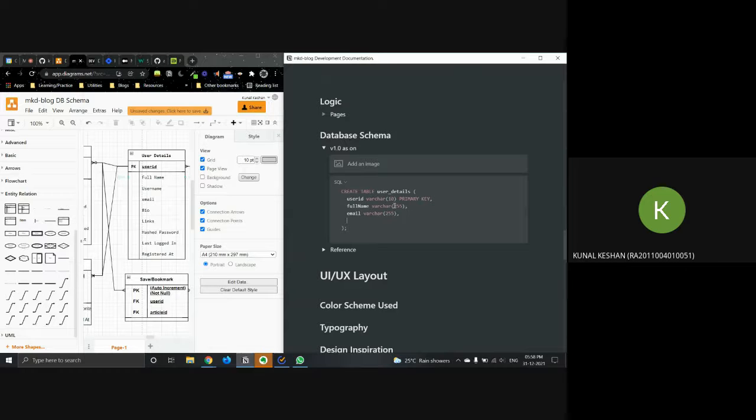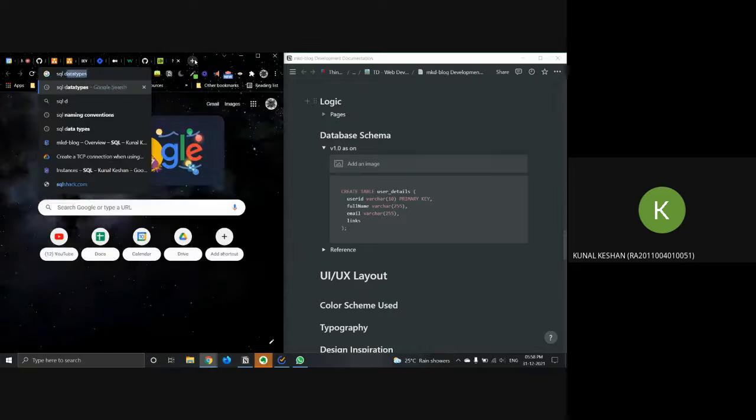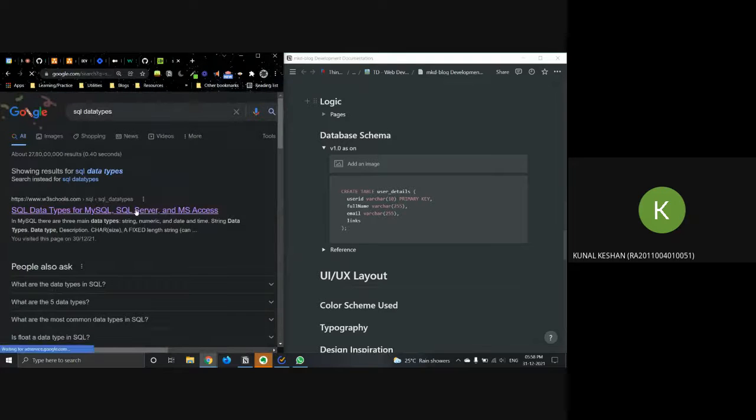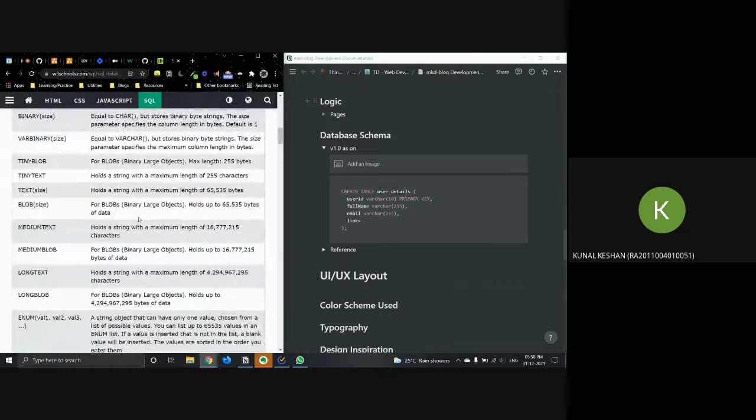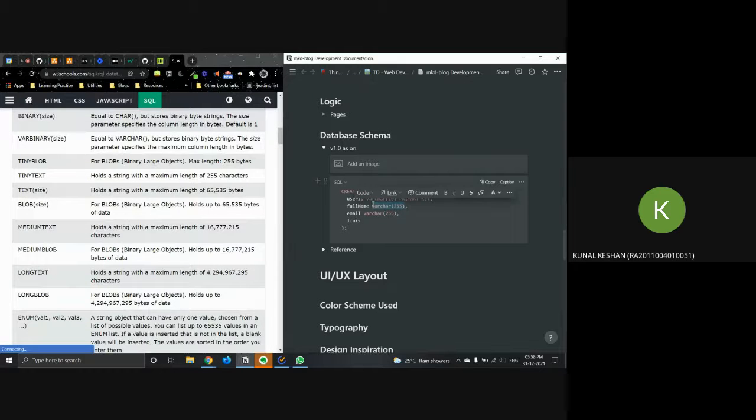Then the links. I mean, there's a particular one I'm looking for in this case. For varchar, we can put tinytext also here. Well, we can add a not null keyword so that the user doesn't leave it blank.